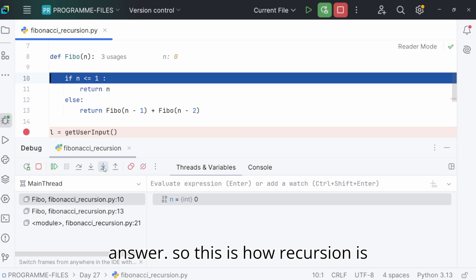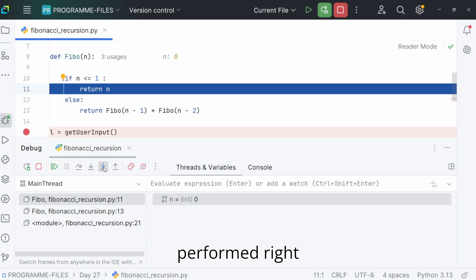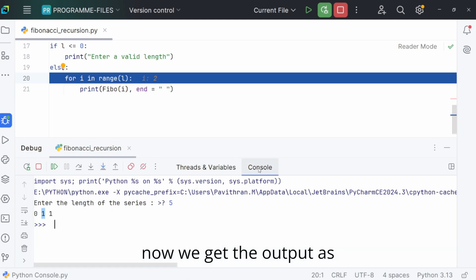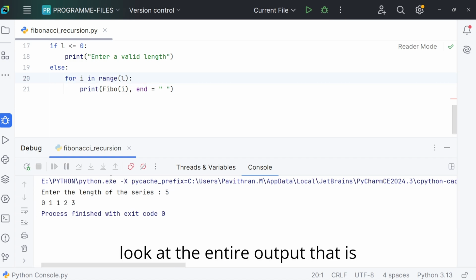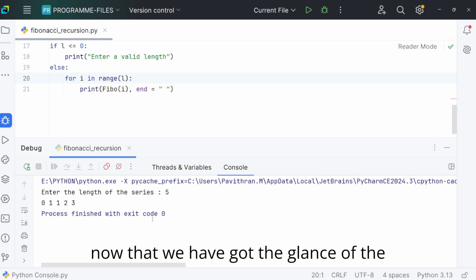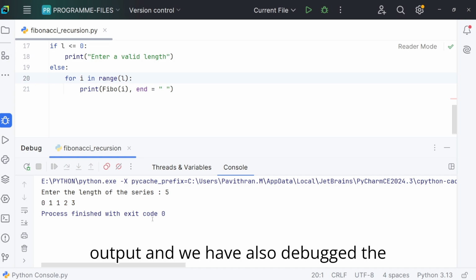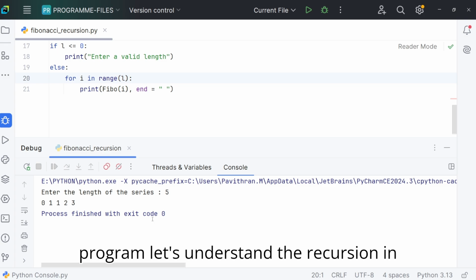So this is how recursion is performed. Now we get the output as 1, which is the third element. Now let's skip all the steps and look at the entire output, that is 0, 1, 2, 3. Now that we have got a glance of the output and we have also debugged the program, let's understand the